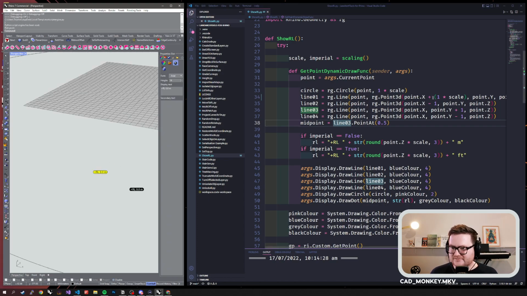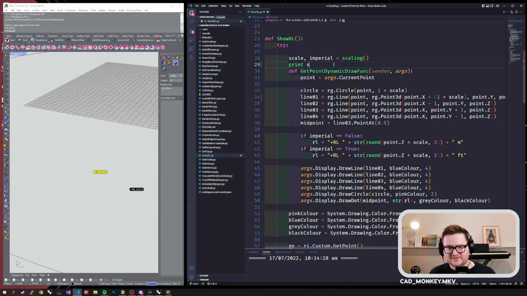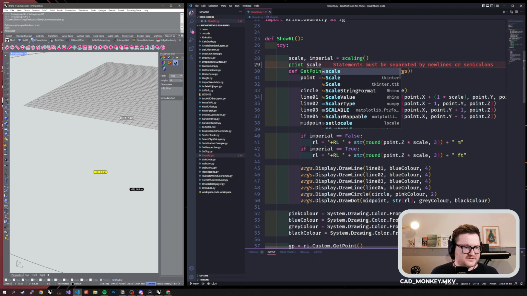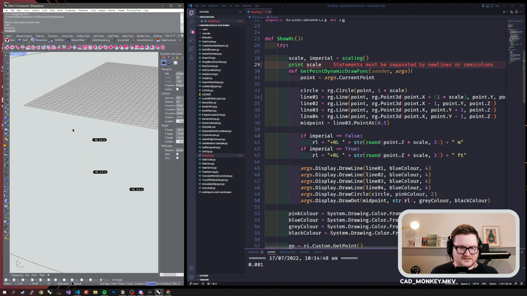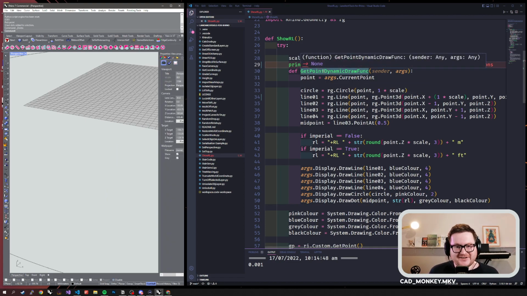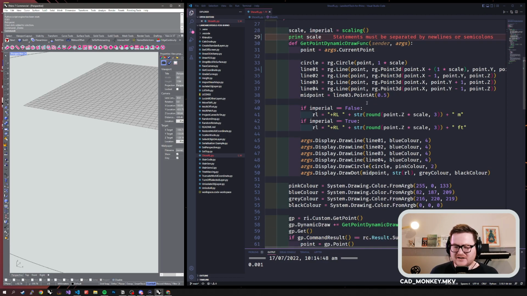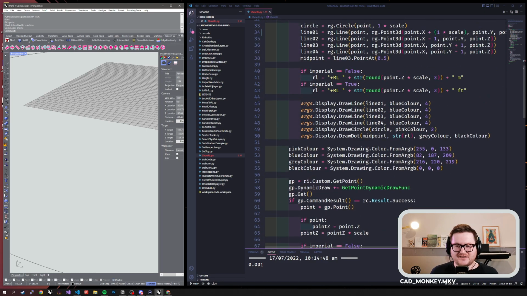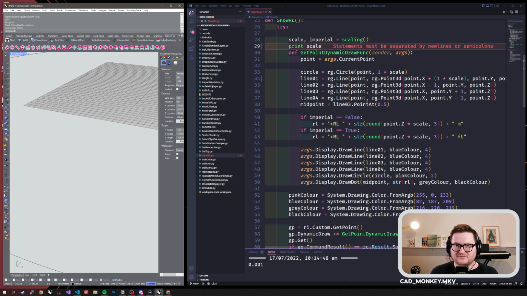I think that's doing something, so let's have a look. The other thing I just want to do is print scale, just to see. 0.001. No, that's wrong. So this is why you should always see first what's actually going into these functions. So this is scaling the wrong way. It should be scaling up to, oh no, that's right. No,